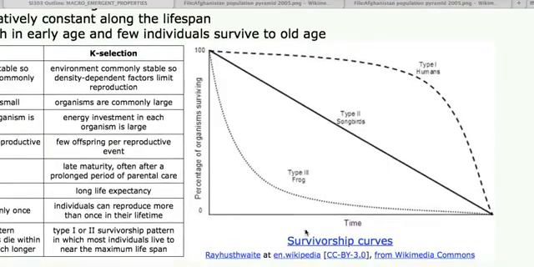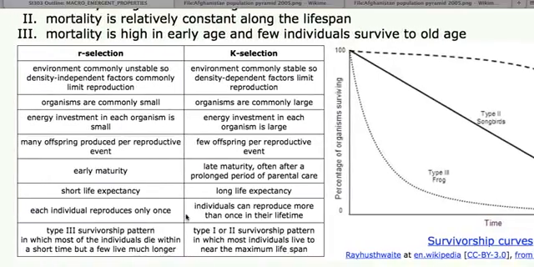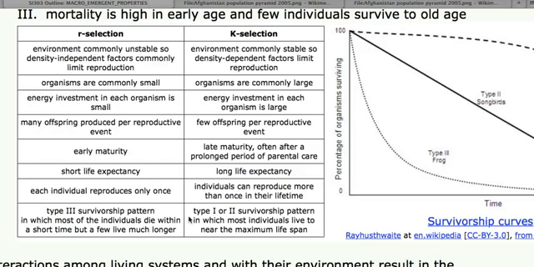Which brings up then, we like to describe different organisms with different reproductive strategies. There are two general reproductive strategies on Earth: R selection and K selection. You remember natural selection from the first semester. Natural selection is, those organisms that are most fit survive and grow up and have babies, and the ones that are less fit die or have fewer babies because they're lacking features that make them reproductively successful. So R selection and K selection are two natural selection strategies.